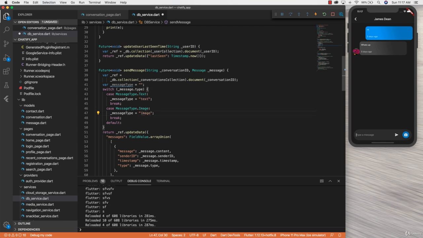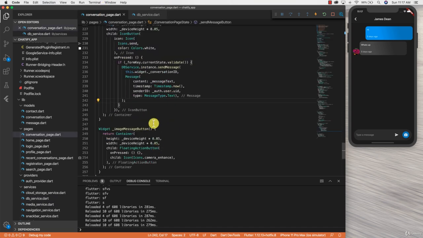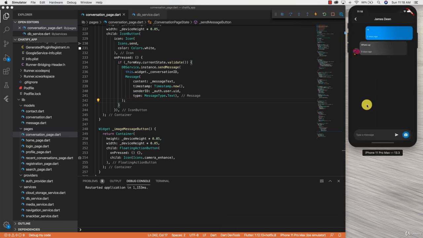And with that, we can do Alt-Shift-F, Command Save, and we can take our actual message type and set it here for our actual type of our message. With this, we can do Alt-Shift-F, Command Save, and now hopefully the message type that we upload is a string. So I'm going to go back to our conversation page, and we should now try sending a message. I'm going to do Alt-Shift-F, Command Save, reload our application, go to one of our conversations, and say nothing much, do a dot and send,